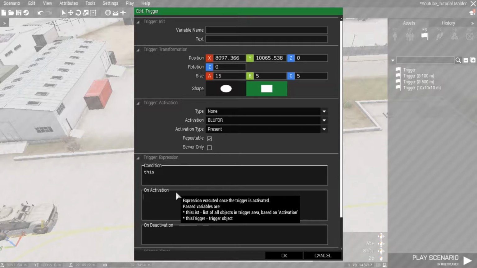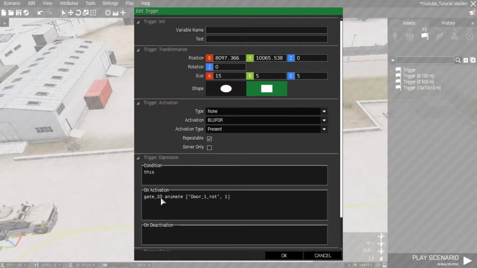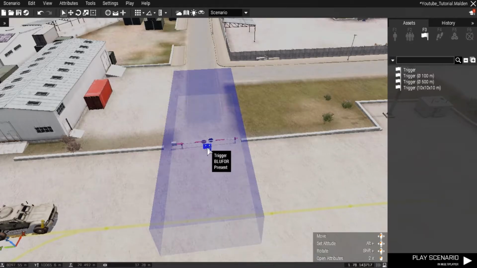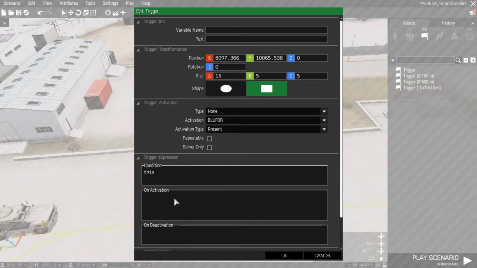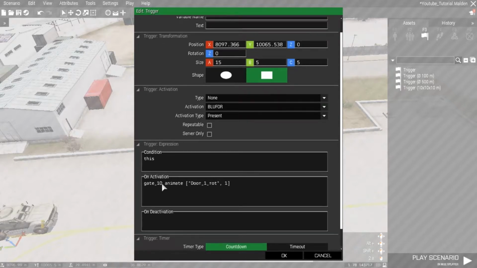You're going to paste in this little script here. That gate is going to be the gate name. So in this case, oh, not a trigger, the gate. Let's give the gate a name. Double click on it, and we're going to say this is gate_01, capital letter, gate underscore 01. So we're going to go here, paste this in. We're going to say gate, now remember this, gate_01 animate door_1_rotate